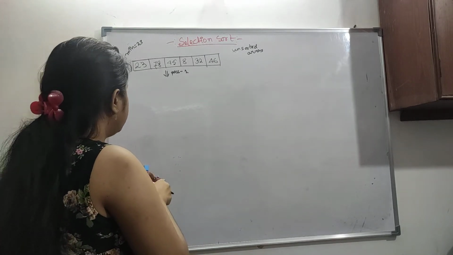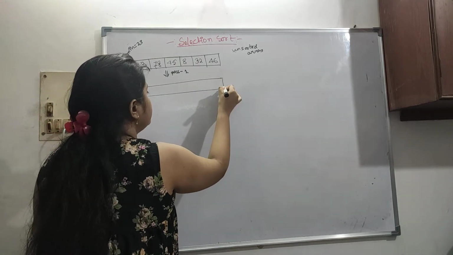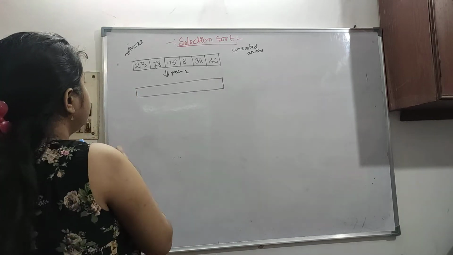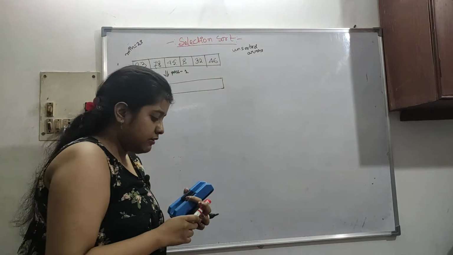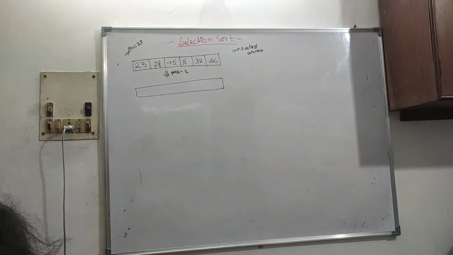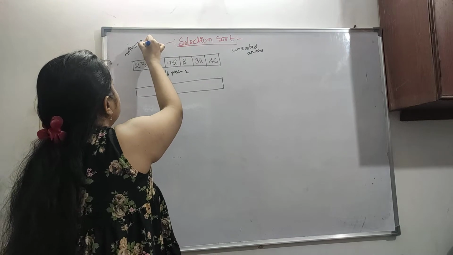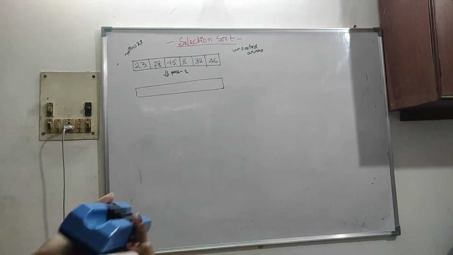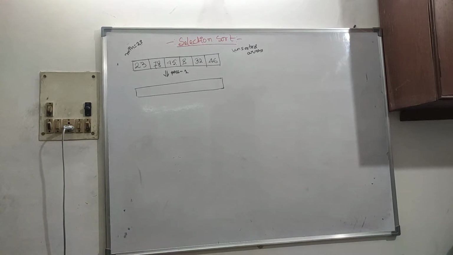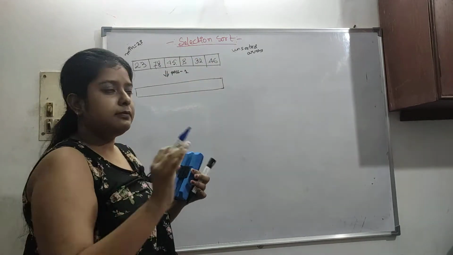So let's say our minimum element for now is 23. We have to go and search linearly in our array. So we can see 23, 78, 45, 8. So 8 is our lowest element, the minimum element. So then see, 23 was our previous. I just need to change my pen, 1 second. Sorry for the delay.